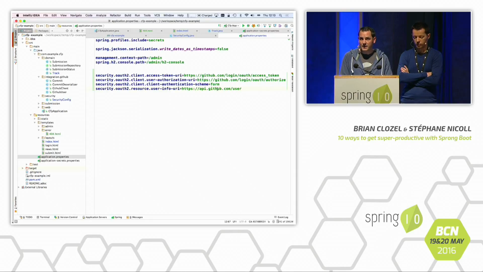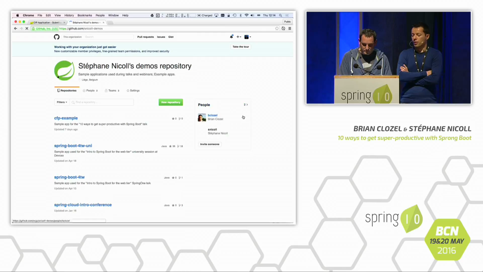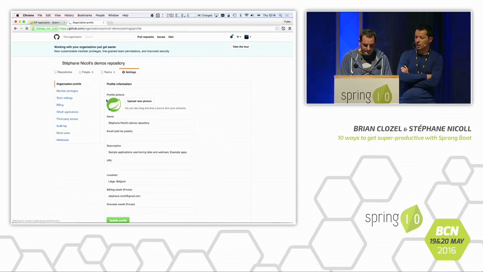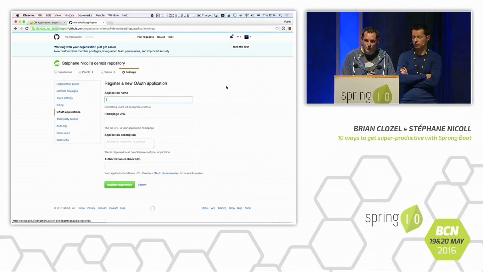Next step is to have actually an application. So we need to define that application in GitHub. So quickly showing you how you can do that. You can go to your organization or your GitHub account, go to settings, and there's a dedicated OAuth application section in there where you can register a new application. And you can see that there is only one. We are going to ignore that one for now because it's a demo that we have prepared for later. I'm going to register a new one just to show you the full workflow. So let's say